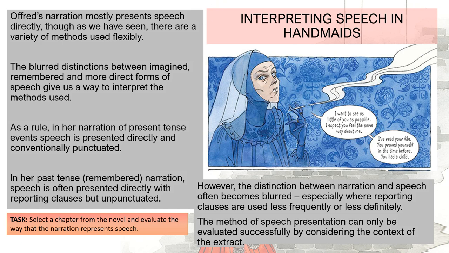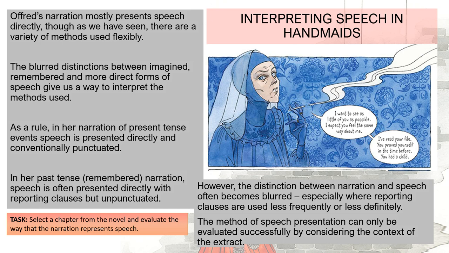speech representation are used. And as a rule, a good example of that is the fact that when Offred is narrating what are present tense events in the chronology of the narrative, and that is all the events that happen in the commander's household, that kind of speech is presented as direct speech and is given conventional punctuation and also frequent reporting clauses. So this includes her opening interaction with Serena Joy, as presented here in the image from the graphic novel. Also, a lot of her interactions with the commander and with Nick,